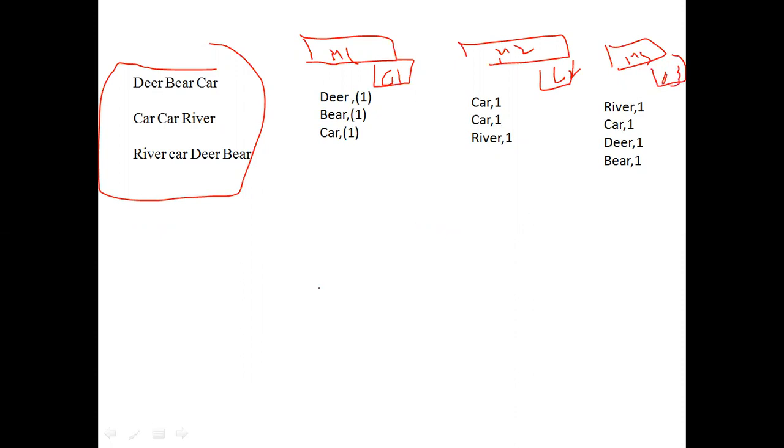What is the duty of this combiner? It will do the same work as shuffling and sorting. We already know the reducer phase internally contains two things: shuffling and sorting, and next, reducing. Since the combiner is also a mini reducer, the combiner internally will contain shuffling and sorting logic only. So what the combiner C1 will do here is, if possible, try to reduce the output. Okay, now we will see.